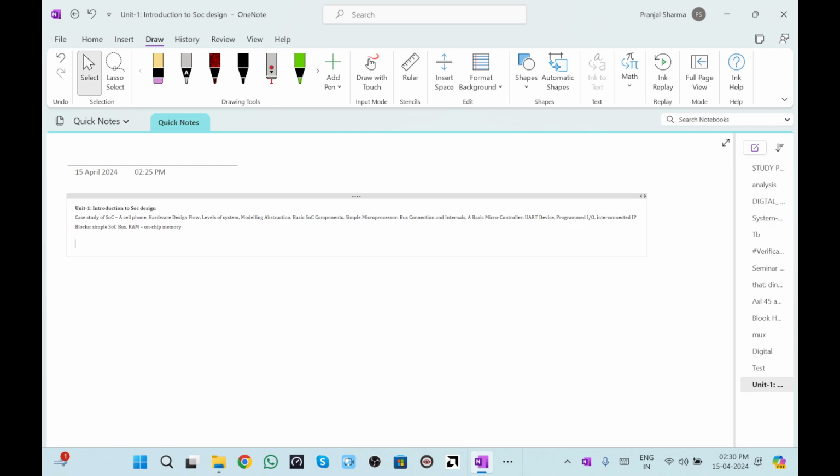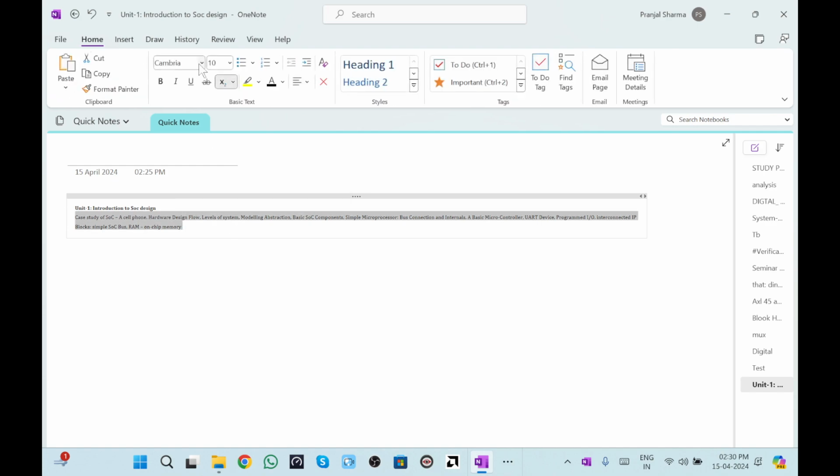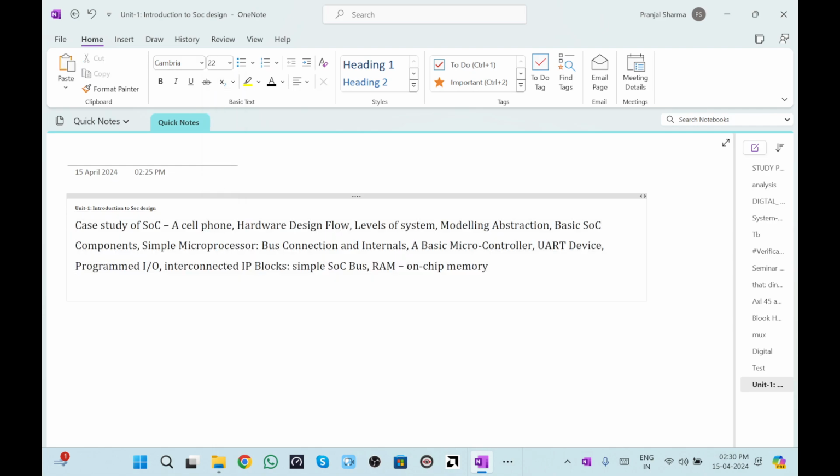The basic fundamentals which we are covering in the case of SoC are, if we take a case study of SoC, cell phones, hardware design flow, levels of systems, modeling abstractions, basic SoC components, simple microprocessor, and the connections.